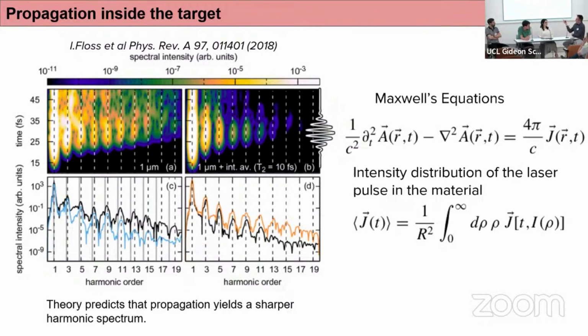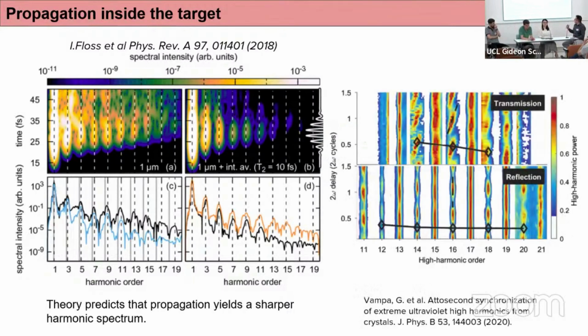they already start observing well-defined harmonics, and this agreement is even better when they consider the dephasing times, which is in this bottom right figure. So they had to use only dephasing times on the order of 10 femtoseconds, which is more experimentally reasonable, as I mentioned. So this can be a good candidate, but on the other hand, there have been measurements which